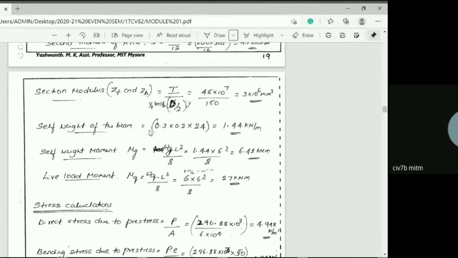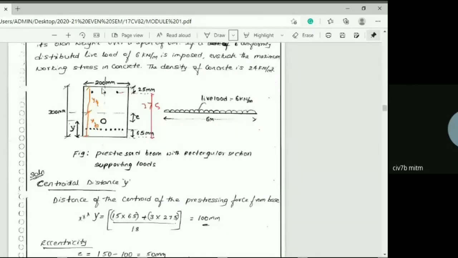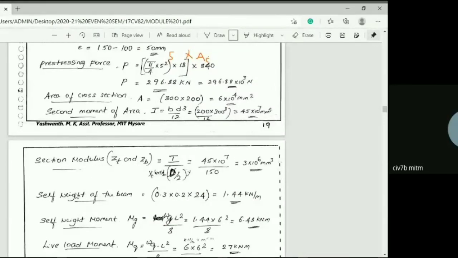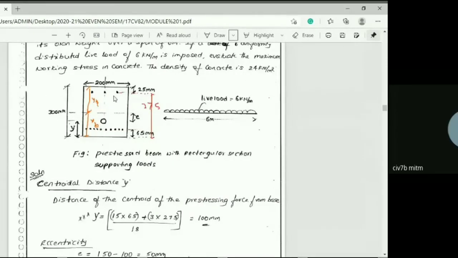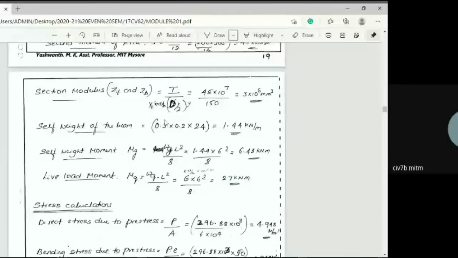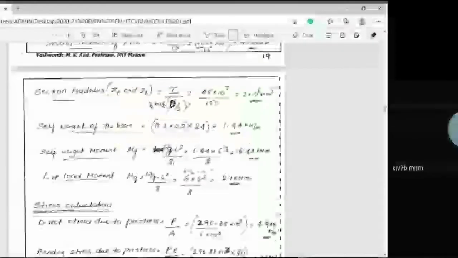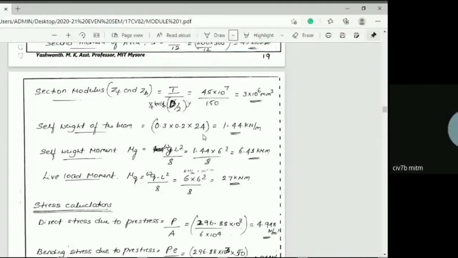Next, we'll move on to the self weight of the beam, or dead load of the beam. How to calculate that? Width of the beam into overall depth of the beam into density of concrete. Please note down, the dead load answer will always be in kilonewton per meter. But my dimensions are in millimeter, so please convert those into meter. That is 0.3 is the overall depth, 0.2 is the width of the beam, in meter, into 24 kilonewton per meter cube. Since in the problem they have given 24 kilonewton per meter cube, you consider that. If it is not mentioned, you can consider 24 or 25. Better you consider 25 kilonewton per meter cube.